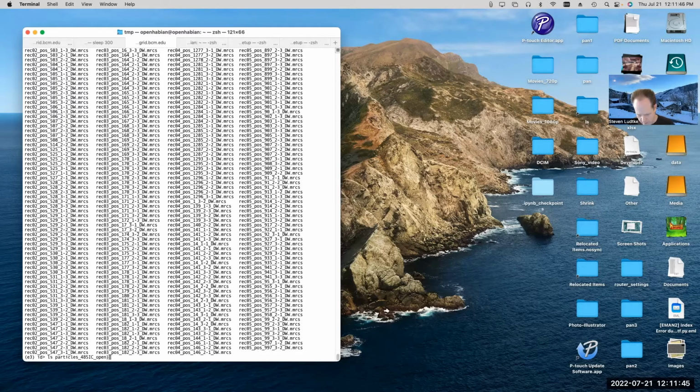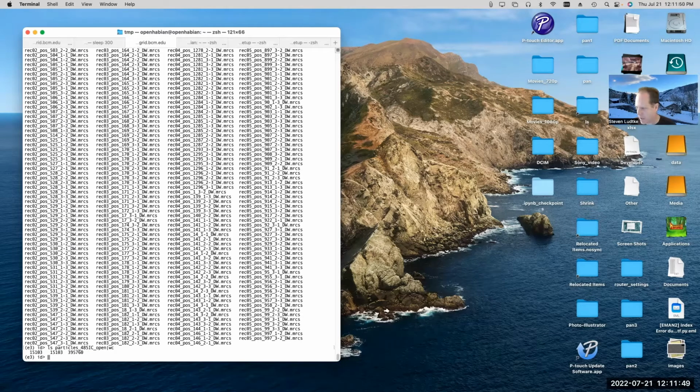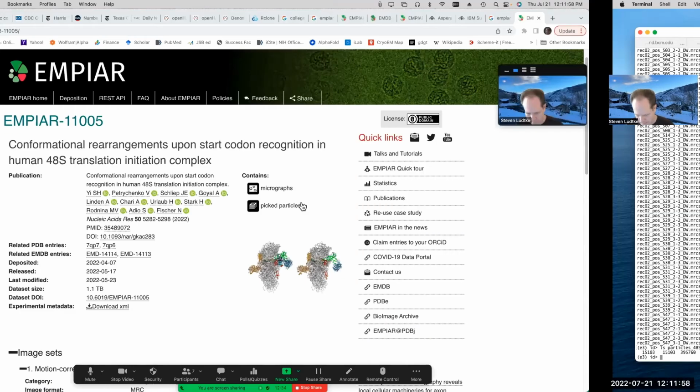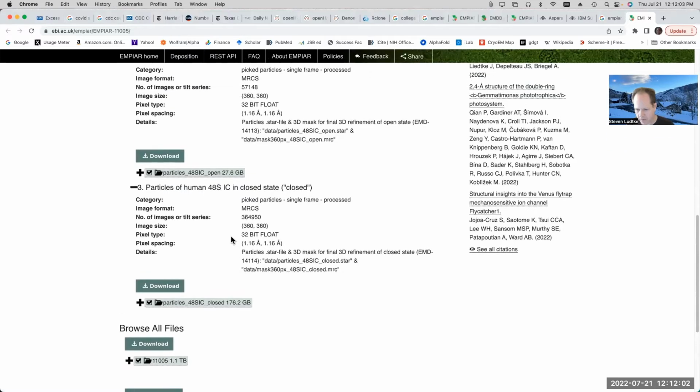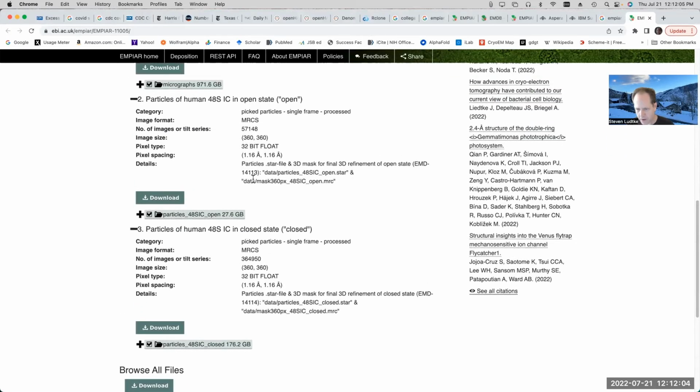So if we look, we can see there are 15,103 of those files, meaning that they started with 15,000 micrographs in this project. Right, how many particles does that represent? So we can see, oh yeah, here we go. So we can see that's 57,000 particles. So you can see 57,000 particles, 15,000 micrographs. That means they were really only getting a small handful of particles out of each micrograph.